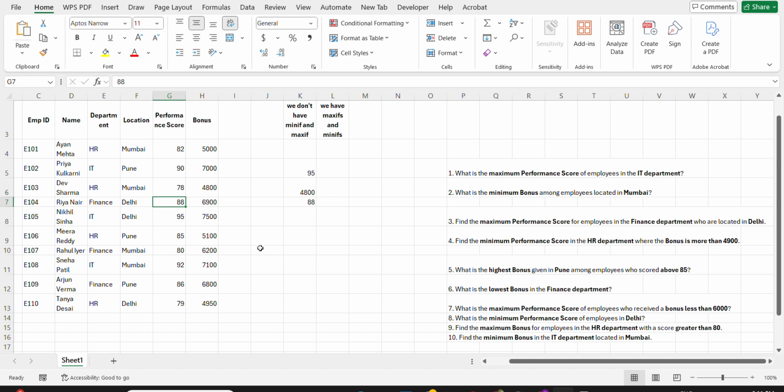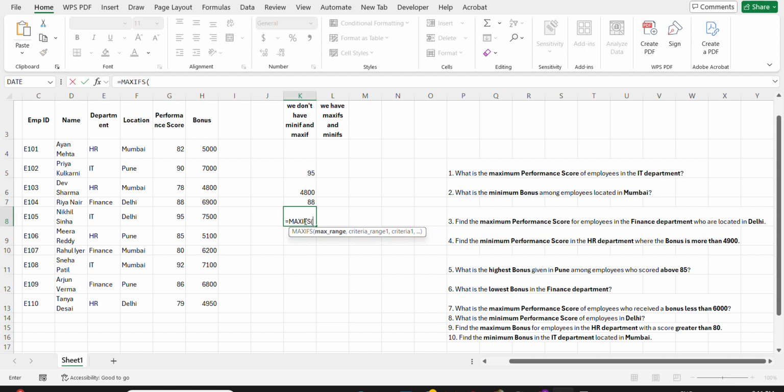Performance credit 88. Now maximum minimum performance score in the HR department where the bonus is more than 4,900. So maximum is